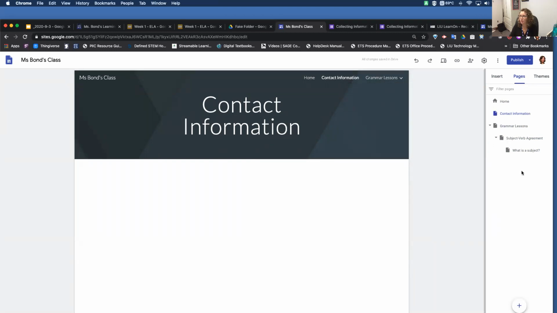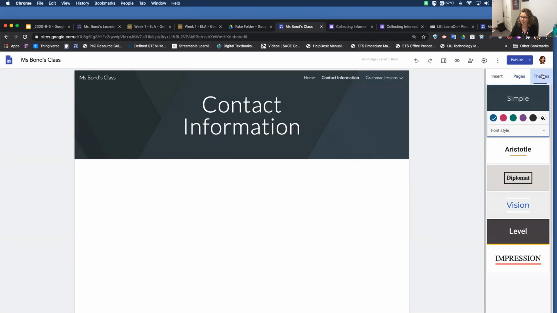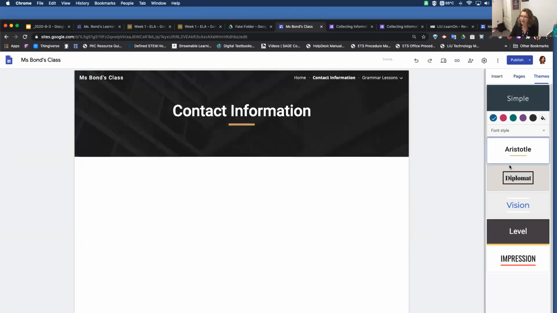So that's how you can help organize, and I can drag. Once I've got them, I can drag it up. So if I want that not to be in the cascading menu, I want it to show up right away, I can do it that way. So that's another option. I can click right into each one, and then I have this way of adjusting the